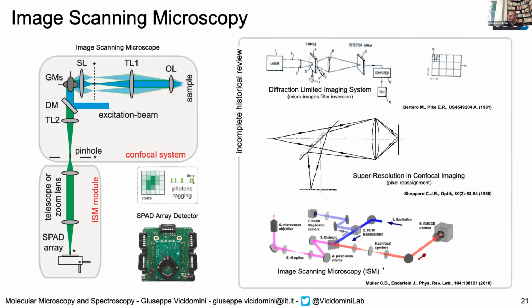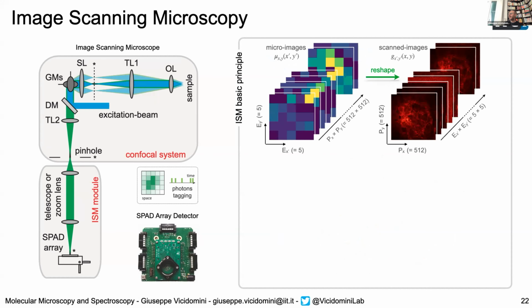Also for the implementation of Enderlein, he showed the possibility to improve the resolution by using a camera, but this was not really an effective implementation, again, because he used a conventional camera. Conventional cameras are not fast enough to really support the speed of your scanning system. So anyway, what we do is remove the pinhole from our system, so you don't need the pinhole anymore,